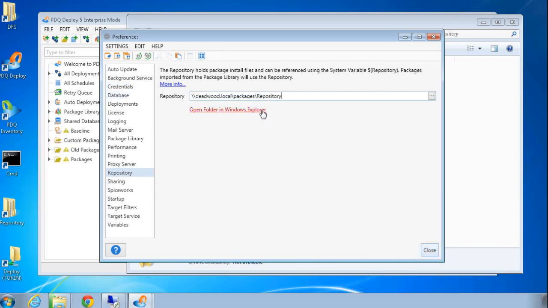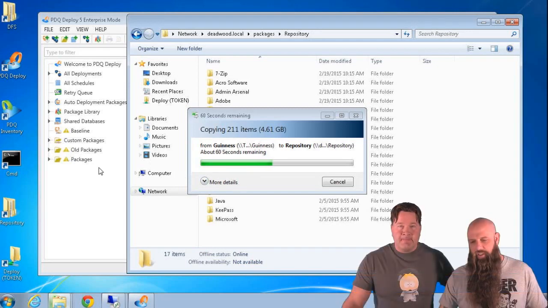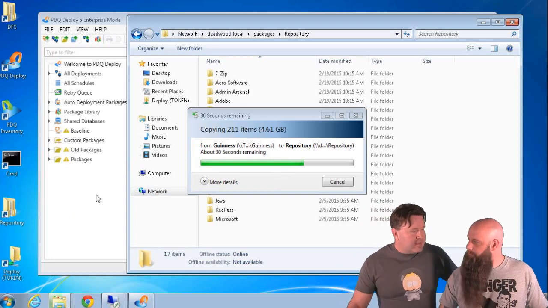It'll check to see if that exists. You saw that quick blurb there. I'm not sure if you saw that, but it does verify that exists. So now, if you haven't copied everything over, you're going to start seeing some warning signs over here saying, hey, some files can't be found. That gets taken care of with a refresh once this is all copied over. Not to worry. And another thing, while that's copying,